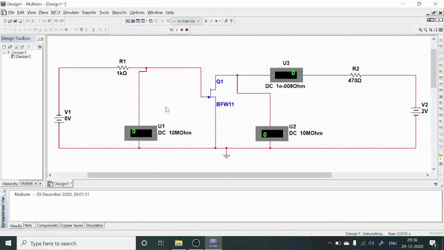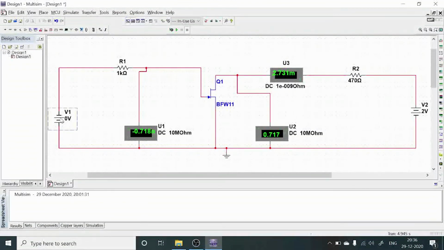Now you can observe what happens. For this 0 volts, your gate to source voltage is 0.71, approximately, where it crosses the region from minus to plus, and at this point the current is 2.731 milliamperes here. Then stop the simulation.